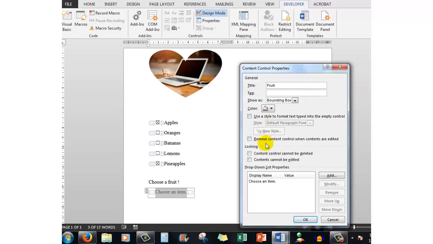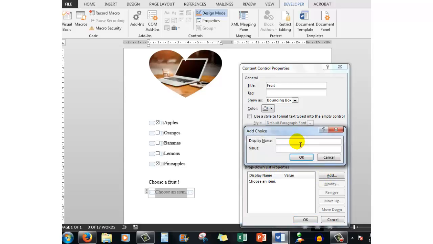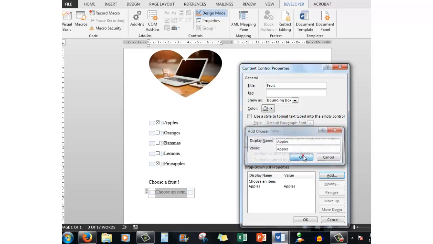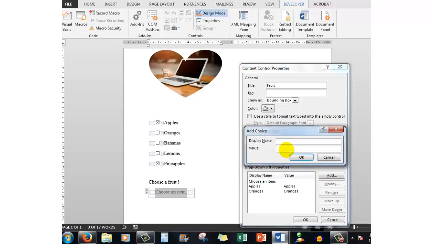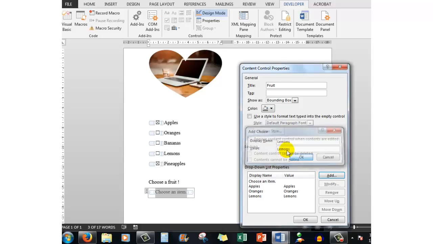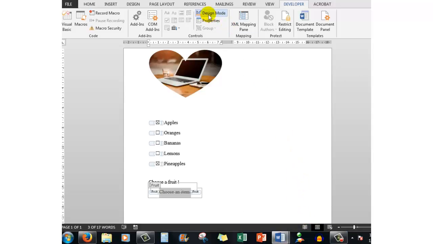I'll accept all the rest down here because we just want to see how to add the items. So I'm going to add an item, and the display name I'll add the apples and click OK. I'll add another one. We'll put in the oranges, and we'll also put in the lemons. So we'll add the lemons. OK and OK again. Now turn off design mode,